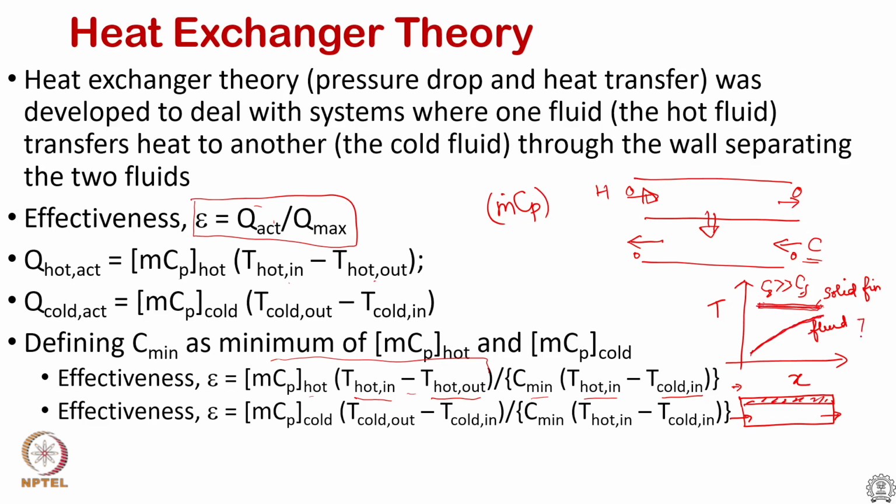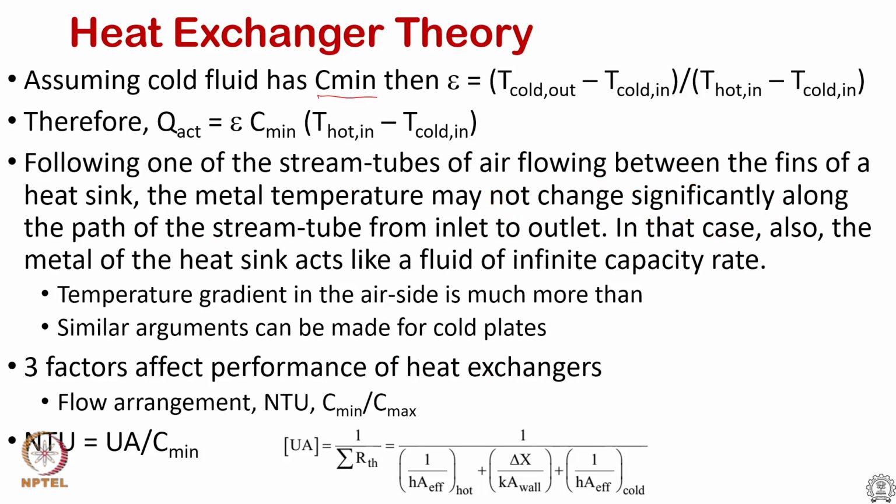Let us say the temperature rise of the air side is 40 degrees, while the temperature of the hot side is going to be 2 degrees Celsius. So, comparing the 2 degrees versus 40 degrees, we see that one can think of the solid metal as something that carries a lot more capacitance compared to the fluid side. So, using that idea, now we can write effectiveness in terms of C min, and using cold,